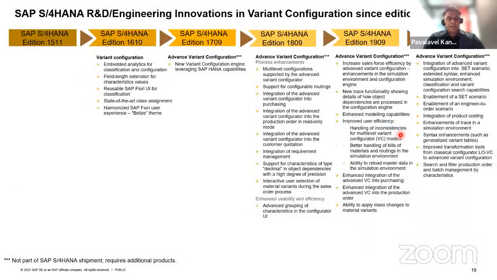Okay, so about variant configuration, what are all the innovations which are available since 1511? So class assignment, state of the art class assignment, was available as a part of 1610. We had some new Belize theme which came up as a part of 1610. And then you have,